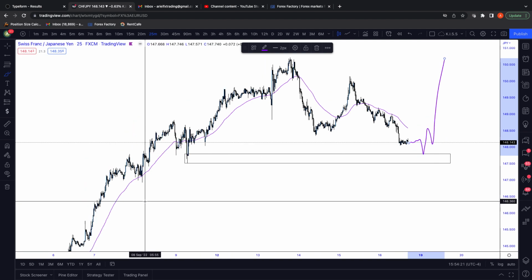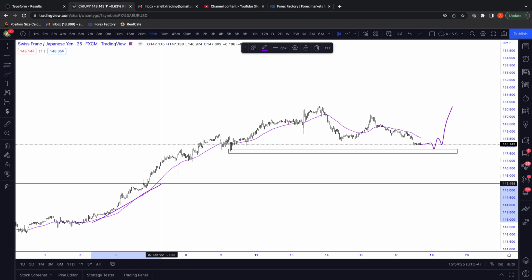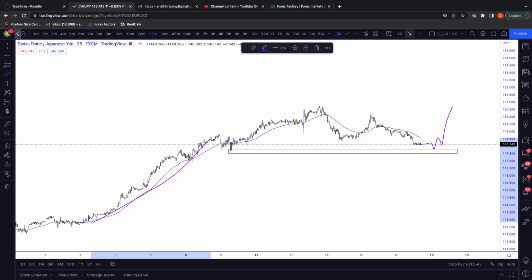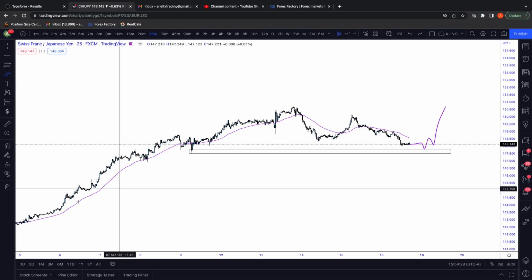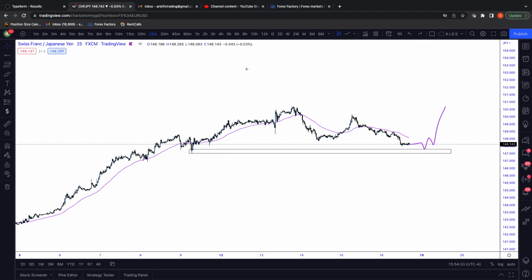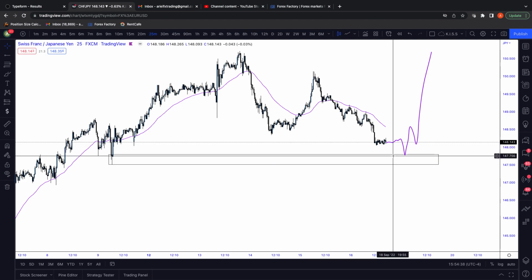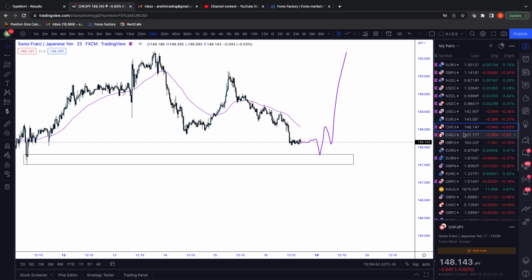with overall momentum. Other than that, I really don't see anything else that price might potentially play off of. This is pretty low resistance liquidity run here, so there's nothing much to stop it once we actually do decide to go bearish. All right, so that's the level 147.8 on Swiss franc JPY. CAD JPY,